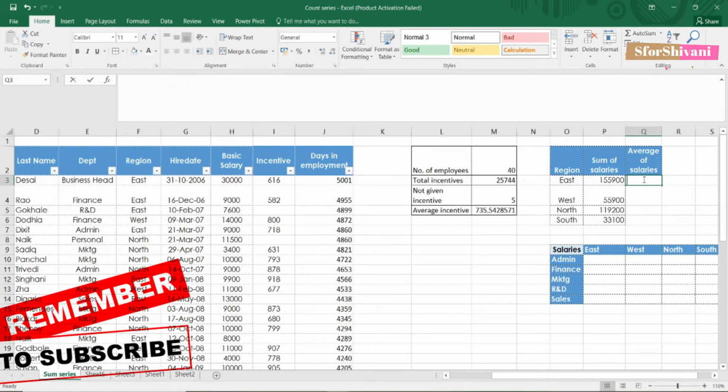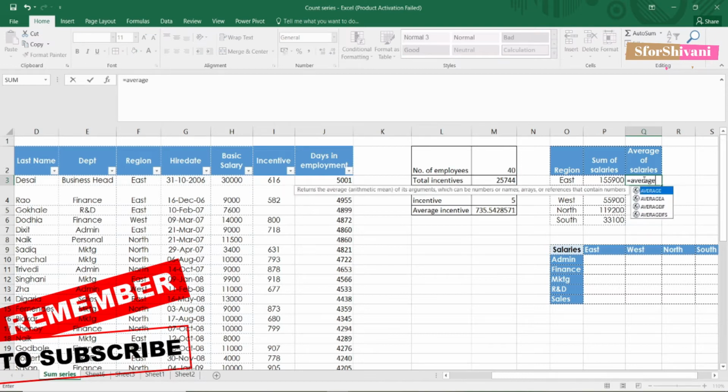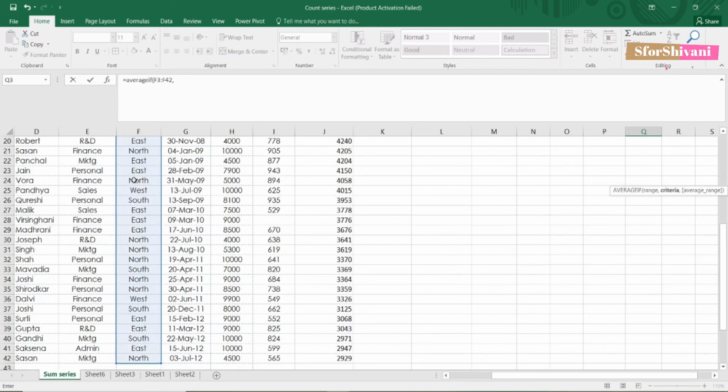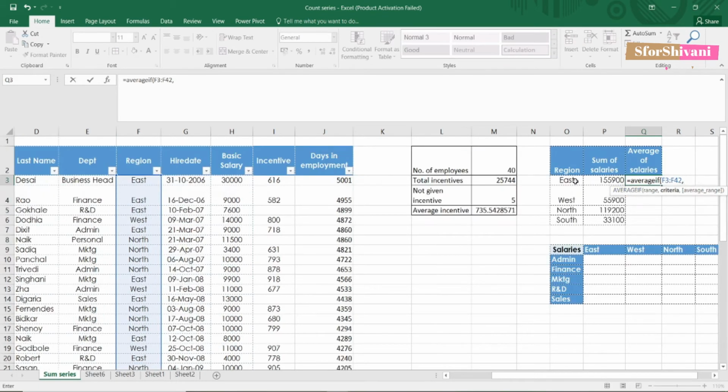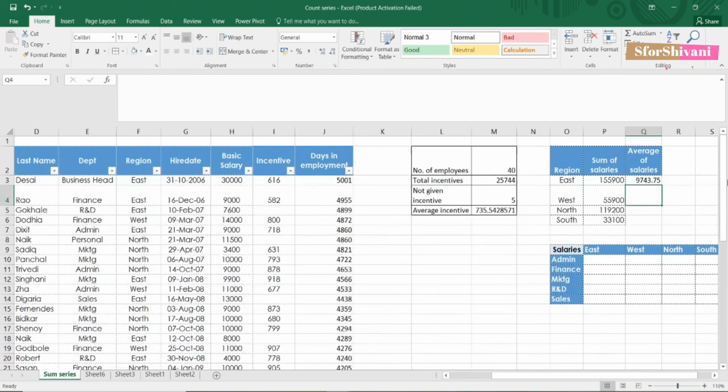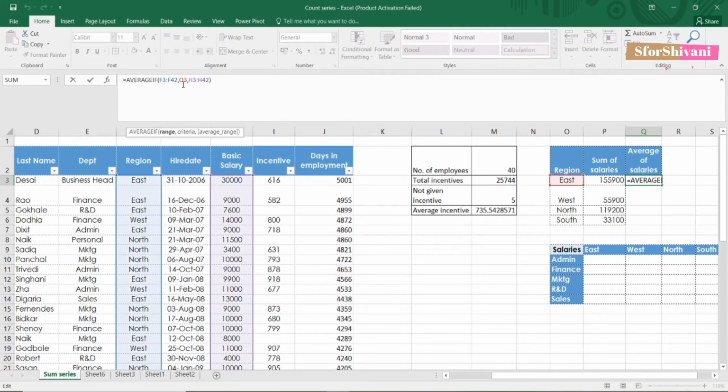Similarly, with the average of salaries, I'm going to use AVERAGEIF. My range is the region, comma, criteria is this, comma, average range is the salary. And I have to fix the ranges.